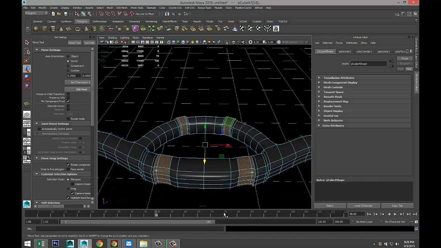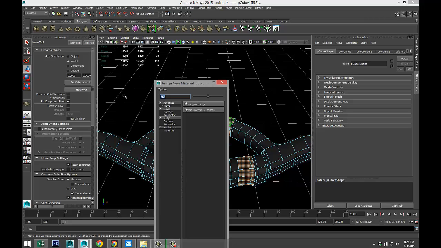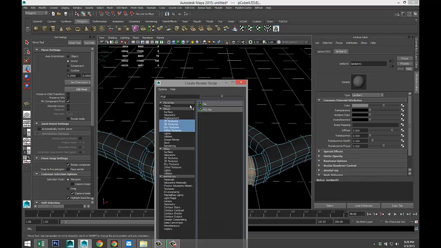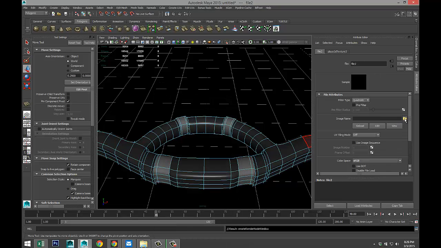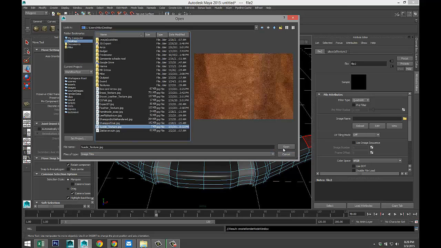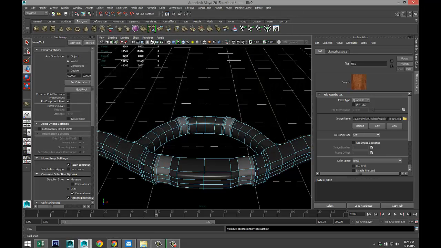Right click, assign new material, Lambert, checkered box, file, folder, and I have a file for suede. Let's just see what that looks like.